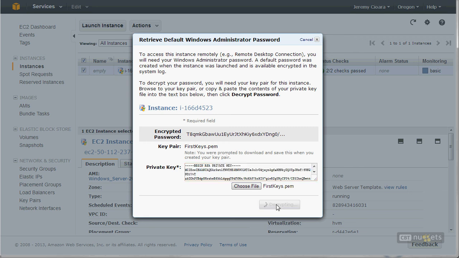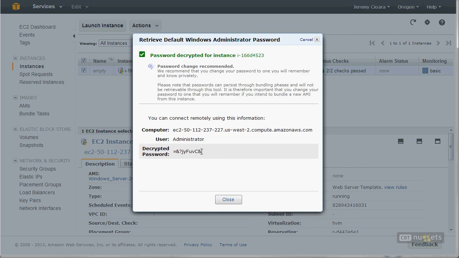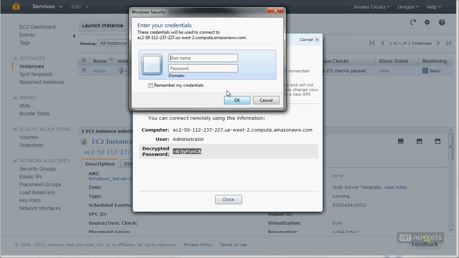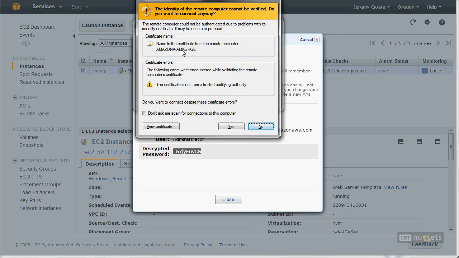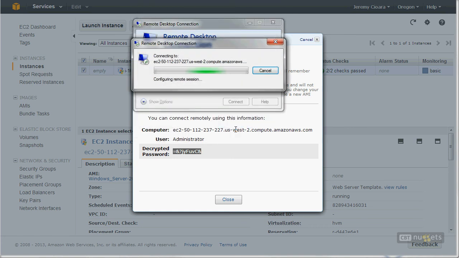Ready? Look at that password. That is the password now for that administrative account. So now I can come back here, connect, administrator, and hit paste. Paste my password in, and it says, oh, here's your default host name of your server, Amazon. That's, I'm sure, from some script Amazon runs to do this. And now we are bringing in,